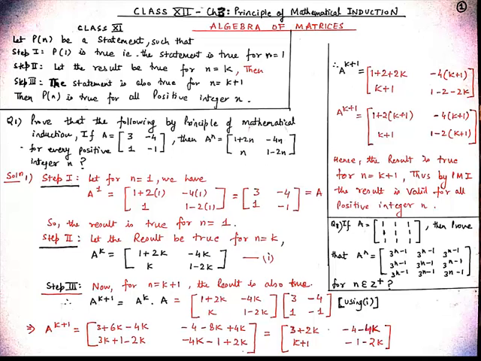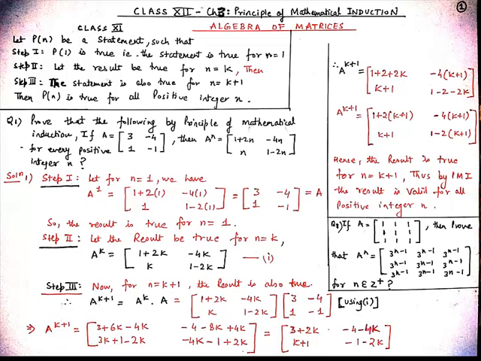And then we will multiply the a21 element, which is k, into the a11 element of matrix A, which is 3. So 3 into k is 3k. And then 1 minus 2k into the a21 element, which is 1. So 1 minus 2k into 1 is 1 minus 2k. And then we will multiply the a21 element with the a12 element of matrix A. So minus 4 into k is minus 4k. And then 1 minus 2k into minus 1. So here we will get minus 1 plus 2k. So on solving it, we get [3 plus 2k, -4 minus 4k; k plus 1, -1 minus 2k].